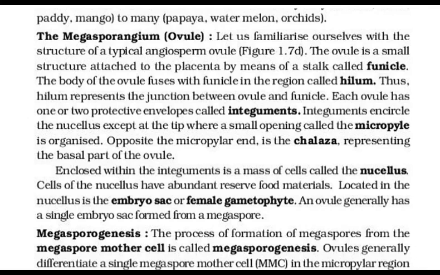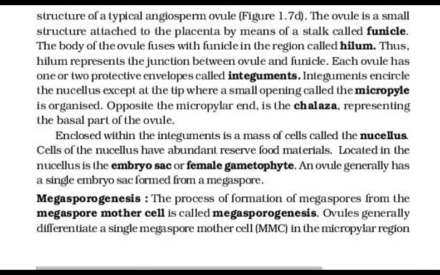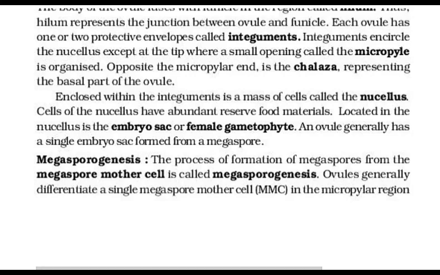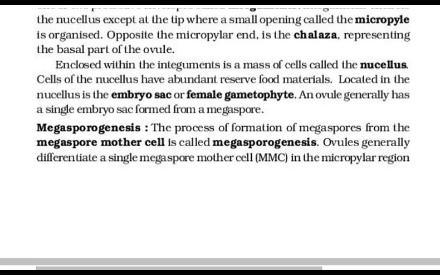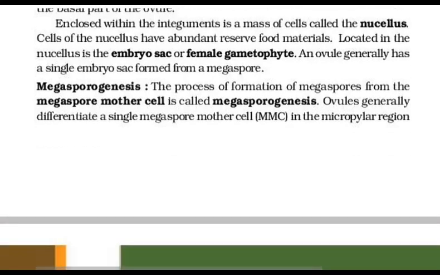The gynoecium represents the female reproductive part of the flower. क्या रिप्रेजेंट करता है? जाइनोशियम, फीमेल रिप्रोडक्टिव पार्ट ऑफ द फ्लावर। The gynoecium consists of a single pistil that is monocarpellary, or may have more than one pistil, multicarpellary, ठीक है। When there are more than one, the pistils may be fused together, syncarpous they are called, or may be free, मतलब apocarpous. Each pistil has 3 parts, stigma, style and ovary.